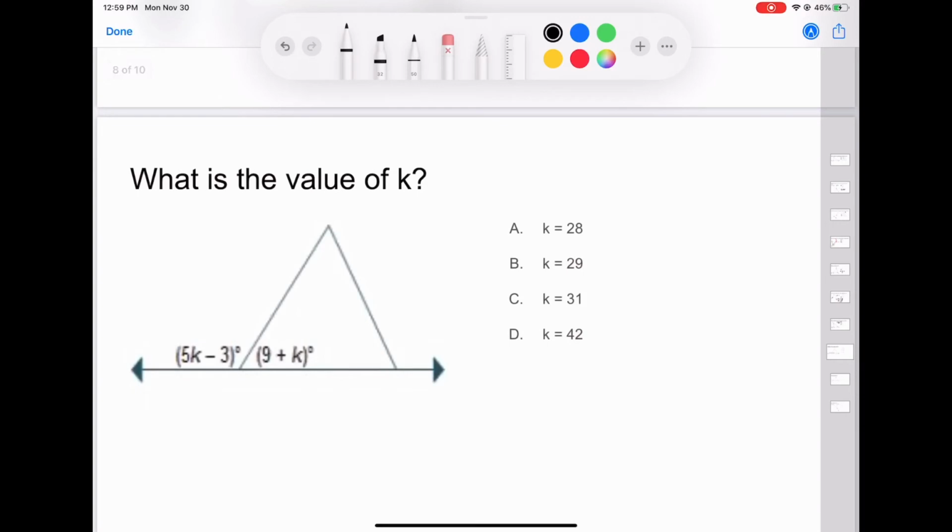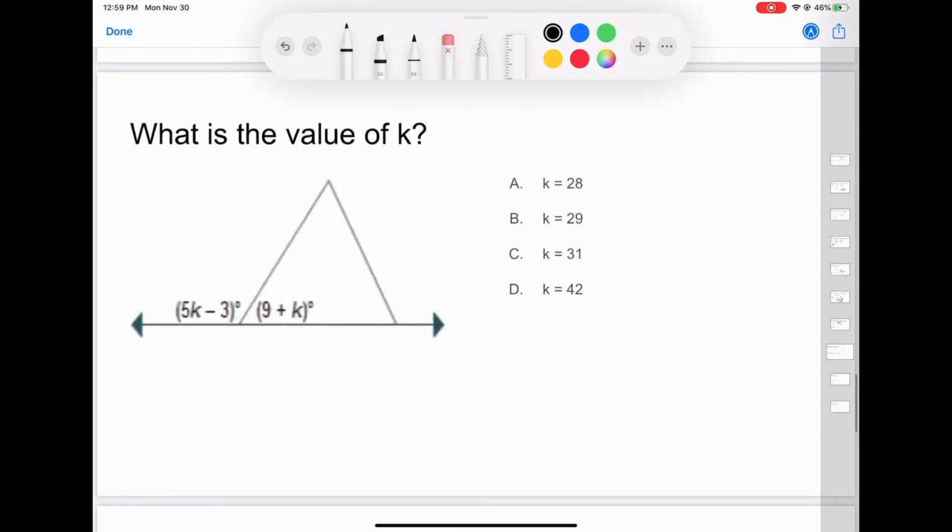Here's another question. This question asks, what is the value of x? Well, what do we know about supplementary angles? Well, first of all, we have two supplementary angles here. We know these are supplementary because they share a common line, and all straight angles are equal to 180 degrees. Well, supplementary angles are equal to 180 degrees, so what we can do